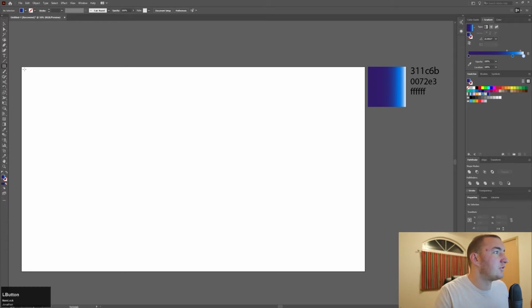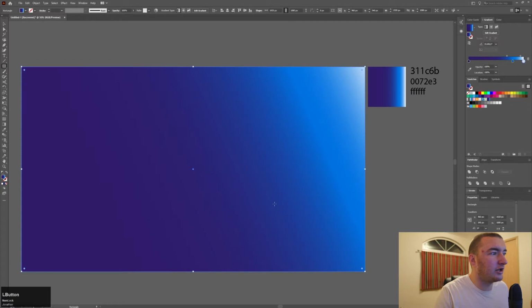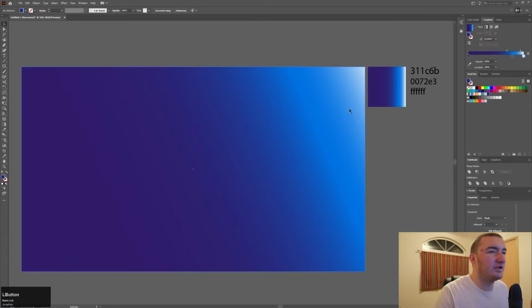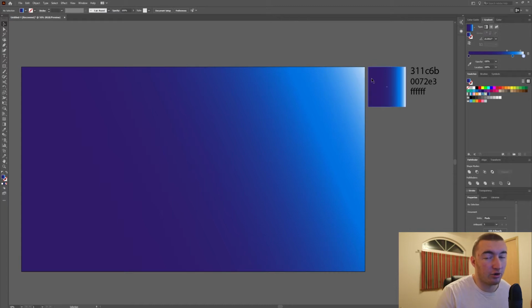First things first, we're going to create our background. So select the rectangle tool right here. All of our hotkeys and all the keys I press should be down here in the bottom left-hand corner of the screen for your convenience. Let's create this background. Layer, color, shape, and that looks good. Make sure your gradient looks something like this, or make your gradient whatever colors you want.